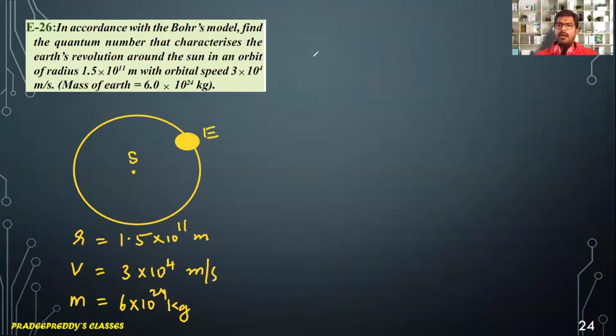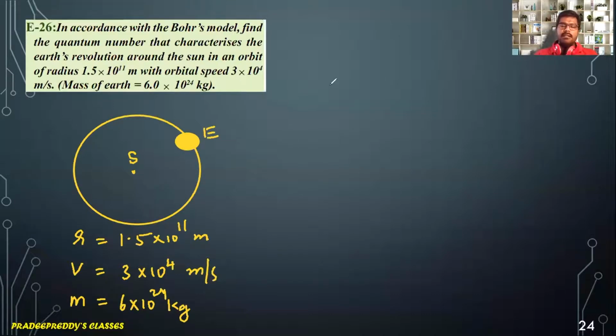Quantum rules are applicable for both the masses. But classical rules, we cannot use it for electron. So I'll now find out principal quantum number of this Earth revolving around the sun. So according to Bohr's quantum condition, the Earth should be revolving around the sun in particular orbit where its angular momentum is quantized. So in which position angular momentum of the Earth is quantized, only in that probable position Earth will be revolving around the sun.